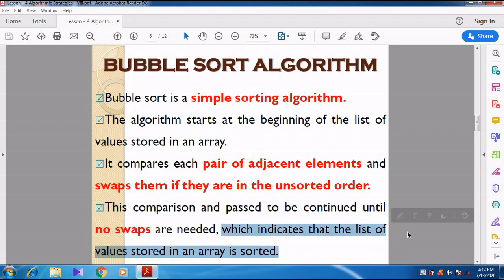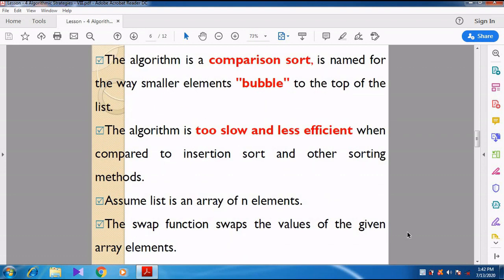Now we can see another name for the bubble sort algorithm. This algorithm is also called comparison sort. Why is it called comparison sort? Comparison sort means we compare the elements. The first element is compared with the second element.